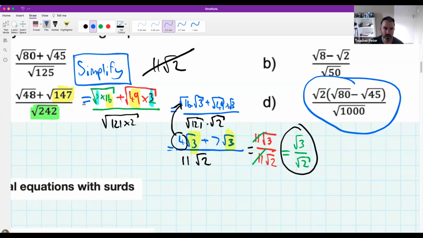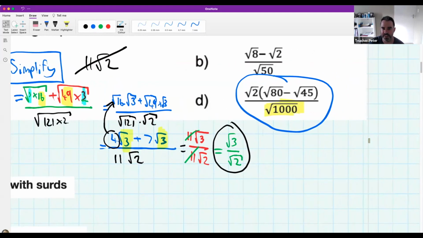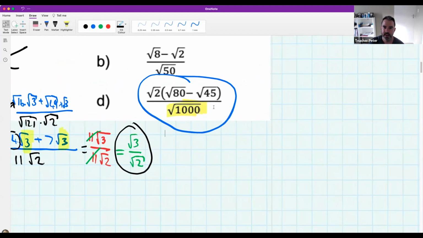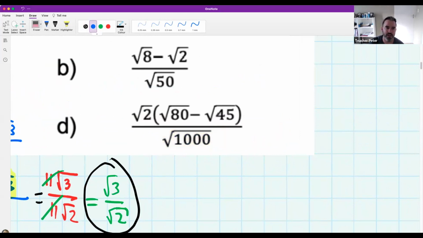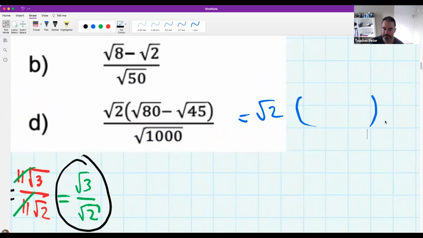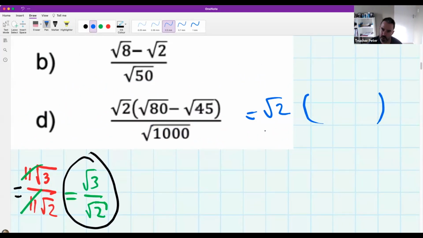Okay. So, what do we think is scary? If I was a student, maybe I'd say the 1,000 looks a bit scary. And do we first have to deal with what's in the brackets? I think so. I think we should, because they look like big numbers. Like the square root 2 is not a problem, but the square root 80, I probably need to break it down into something. Now, I have some choices. I also need to break down the 1,000 into something, so that maybe we can deal with it. You know what? There's many ways to get there. I was thinking, what about